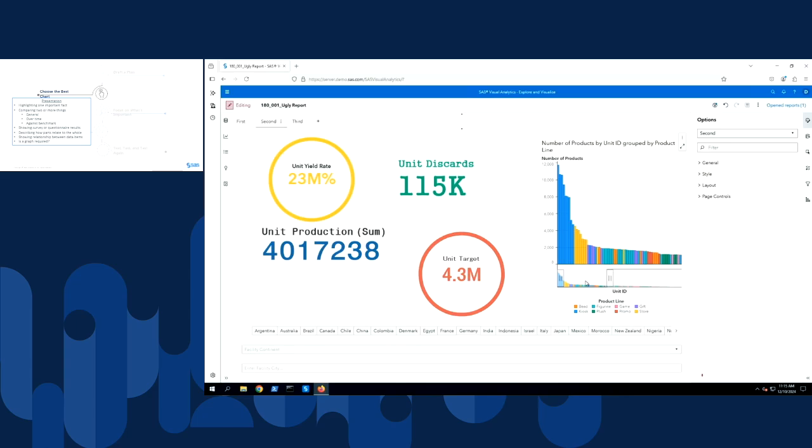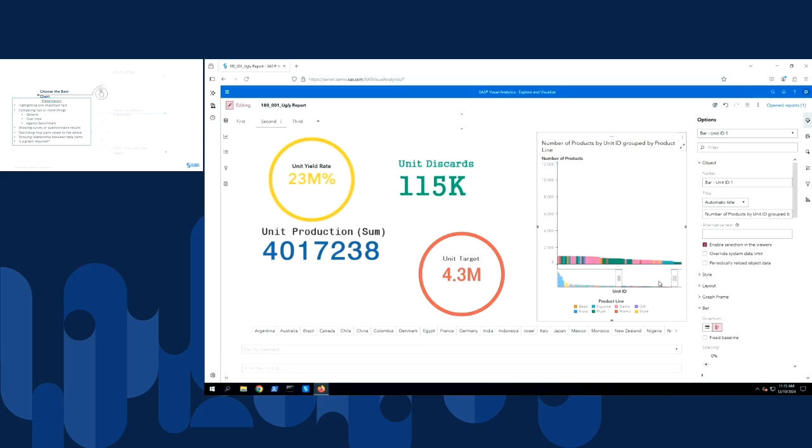In fact, there are so many bars that I have to have an overview axis at the bottom just to look at all of the values. If you recall from our earlier presentation, overview axes are not great for screen readers, especially users that use them to navigate the report. So our goal is to try to get rid of the overview axes in our report. I want to make this chart easier to look at for everybody, so I'm going to use a hierarchy instead. So you'll notice that each of the bars is colored by product line.